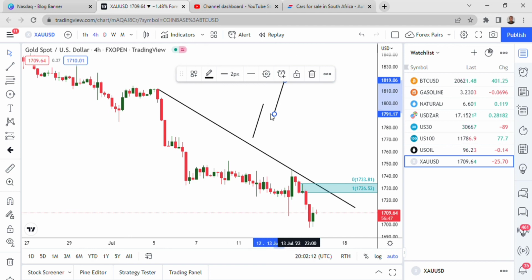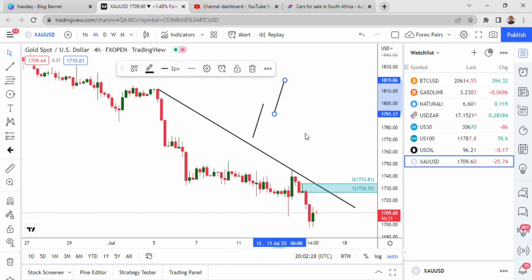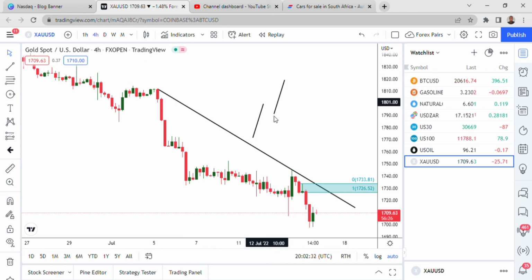We don't want to trade the pullback because we don't know where it's going to end. We don't know if it's just going to be a pause and then continue, or if it's going to be a swing or a pause. So that's why we don't trade the pullbacks. Why? Because we are in an uptrend. We only focus on the swing. We don't care about these ones.